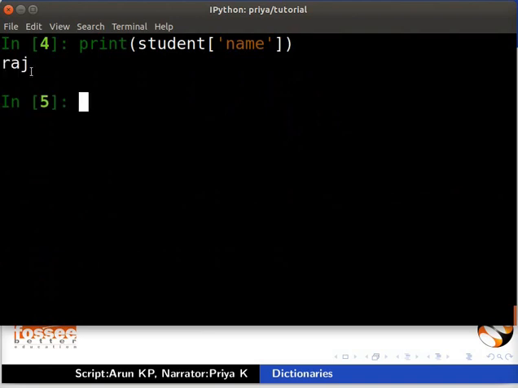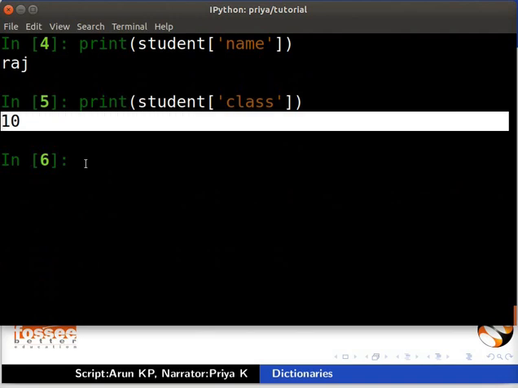As expected, it printed the output as Raj. Now we will retrieve the value for the key class. Type print inside brackets student inside square brackets inside single quotes class. It displays the output as 10.